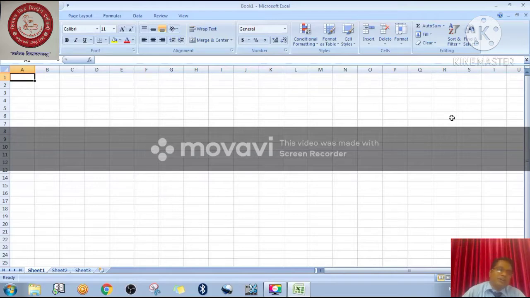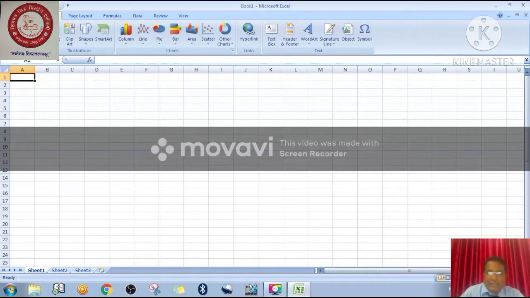So students, now we are going to understand what the things are available below the title bar. I think you are able to see here, like Home is written there, Insert is written there. Apart from that, Data, Review, View, a few things are written here. Formula tab is also there, right? These all are called tabs, or you can say menus. If you click on any of the menus, many kinds of buttons are available in each and every menu.